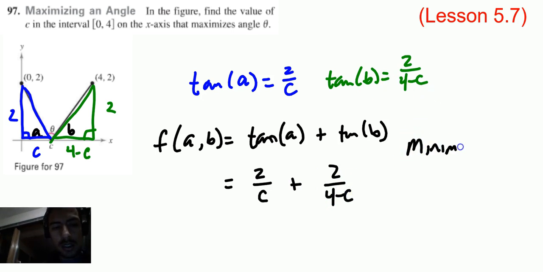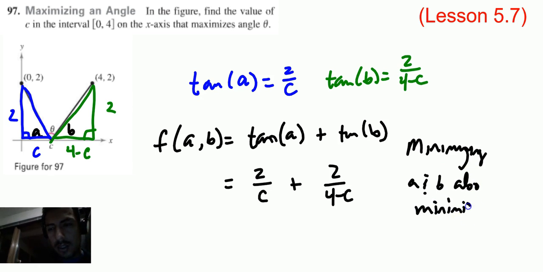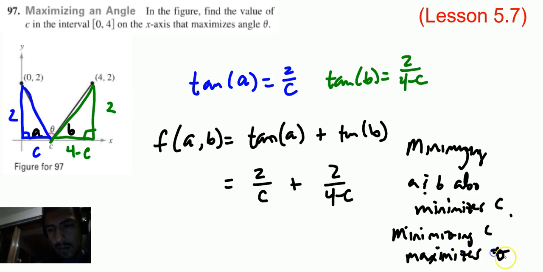Minimizing A and B also minimizes C. And minimizing C maximizes theta. So let's take a derivative here. This is now f of C, since we got rid of our A's and B's. So now if we take f prime of C,